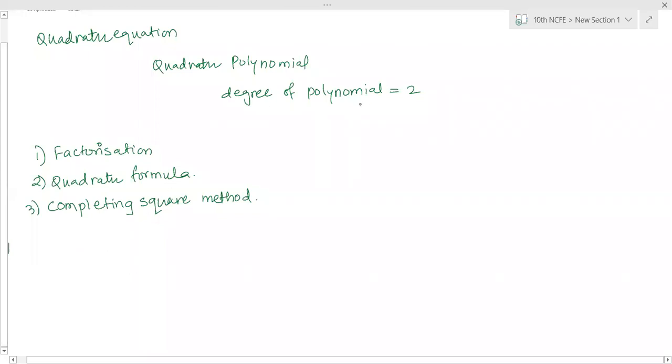Since the degree of the polynomial is 2, it has a maximum number of zeros equal to 2, so we will get 2 zeros. So our aim in solving a quadratic equation means finding the zeros of that quadratic polynomial. That is the only thing. Solutions mean that. So the quadratic formula is